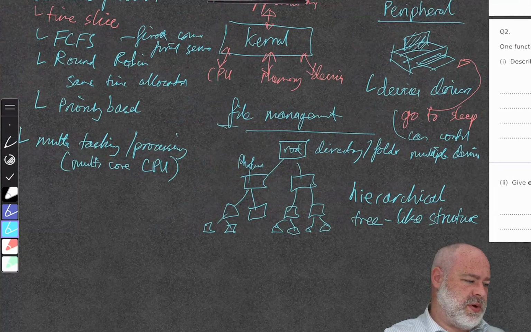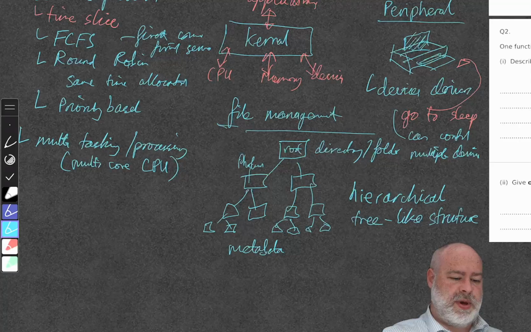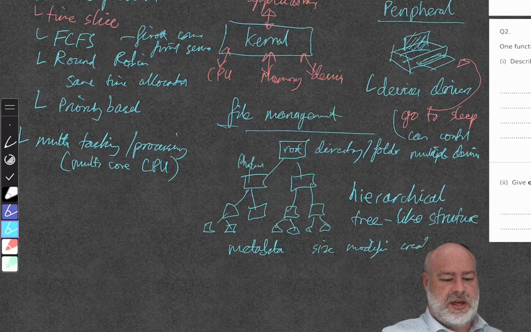I think that's the best way to remember it. And of course, you'll have all sorts of metadata stored in those files. It could be the size, date modified, created,